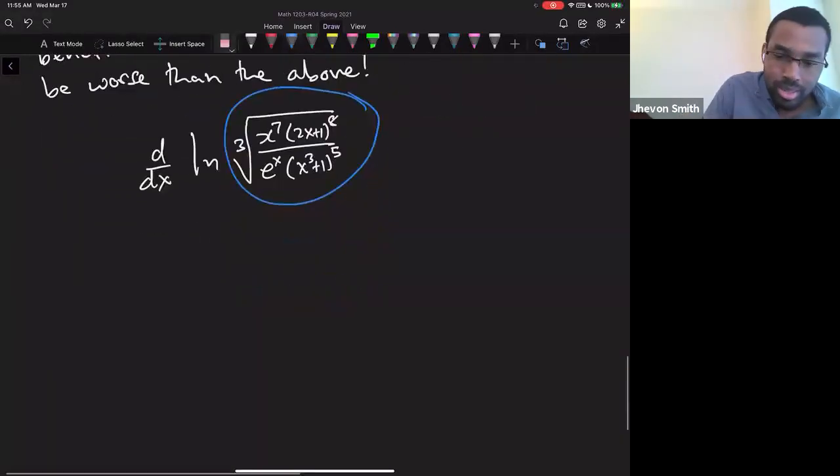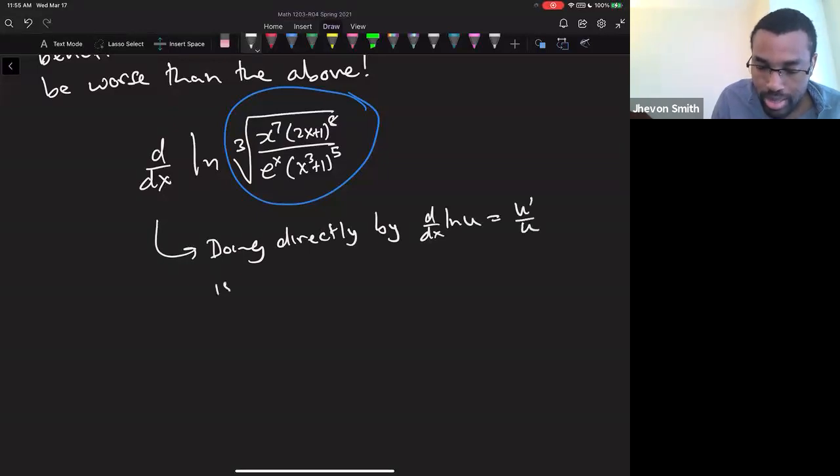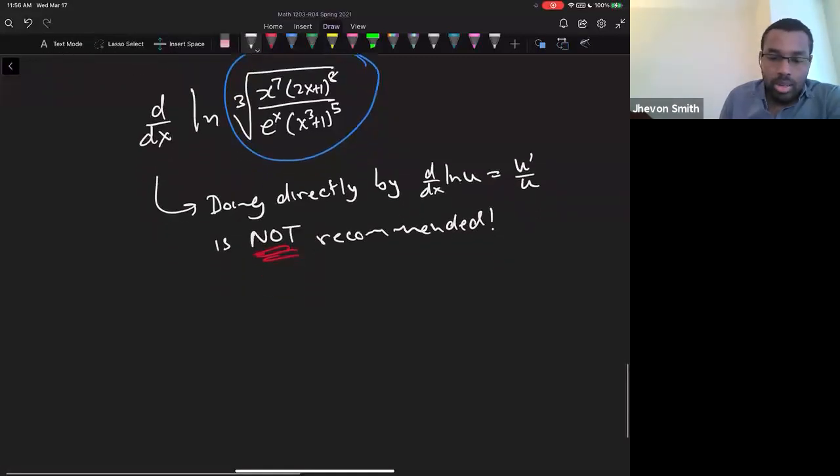So doing this directly by d/dx of ln u equals u prime over u is not recommended, in all caps, underlined in red. But by log rules,